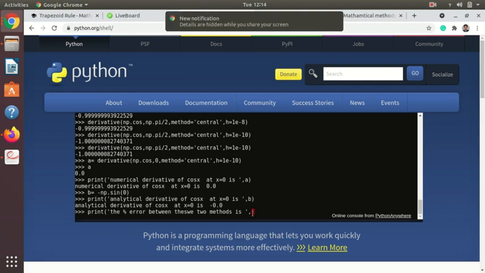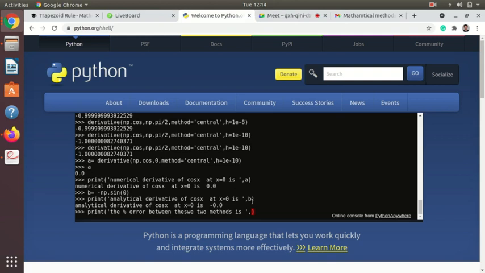So what is X here? What is true value here? It is b, because it is analytical value. So I will write b minus a divided by b and into 100. So I will write in bracket b minus a divided by b. If I have to multiply it with 100, because if you have to find percentage error, then you have to multiply with 100. Otherwise you can find out the relative error with just this formula, b minus a divided by b. But I want percentage error, so I will give the bracket to all this formula and then I will multiply it with 100. So for multiplication you use a star and then 100.